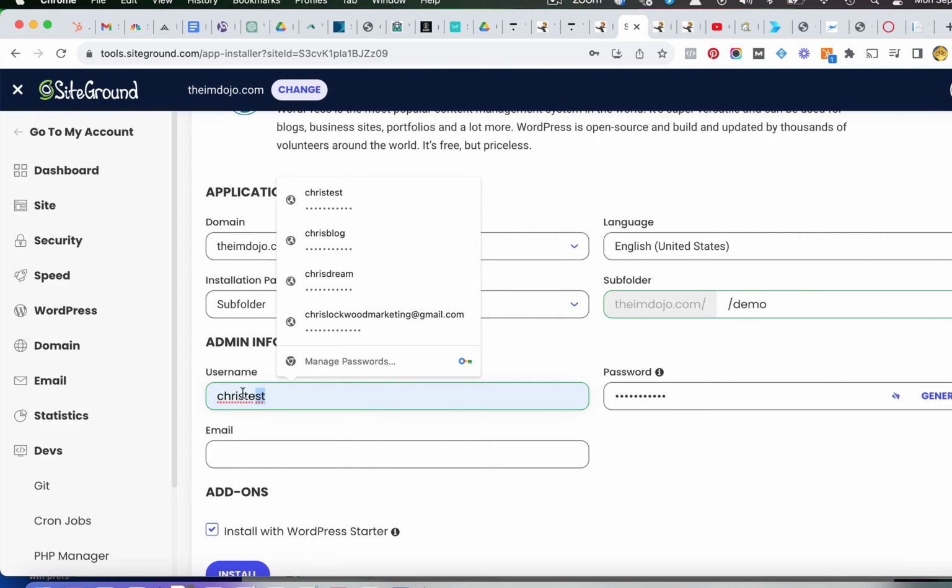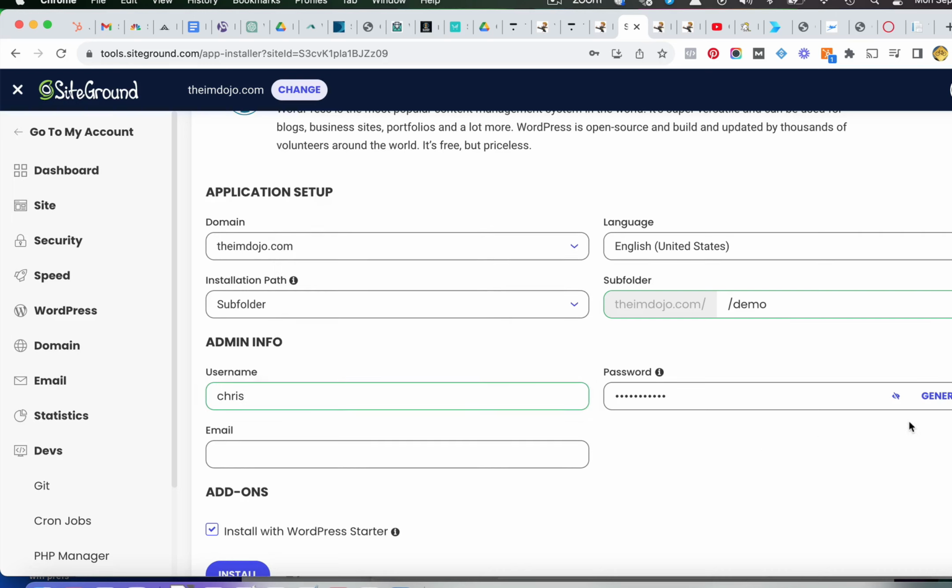Now I'm going to choose a username, and I'm going to generate a password. And I don't care if you can see it in this video because I am going to change it anyways.